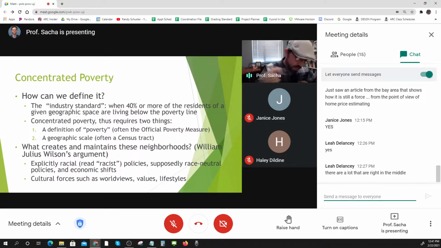And in order to say a place is high poverty, you have to know two things, right? You have to, first of all, have a definition of what poverty means, okay? Because definitions of poverty can vary as well, okay? Often, especially researchers who look at national level data, will use national level definitions, okay? Every year, the Department of Health and Human Services, our federal government, sets what's called a poverty guideline, okay? Based on how many people live in your house, whether you're living by yourself or whether you have a child or a spouse, how much money did you make in the previous year? And that is the way that they operationalize poverty, okay?